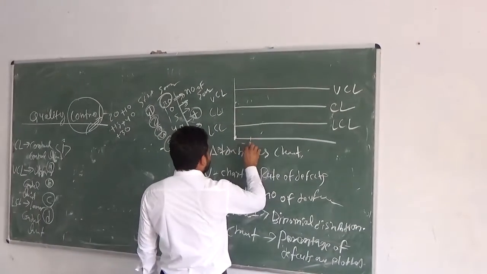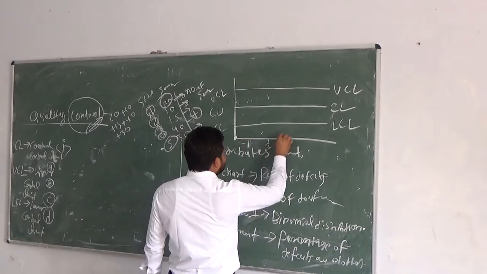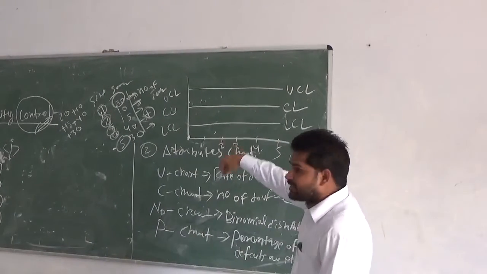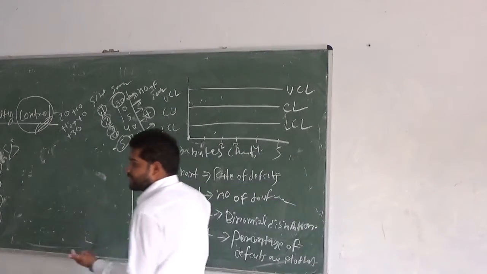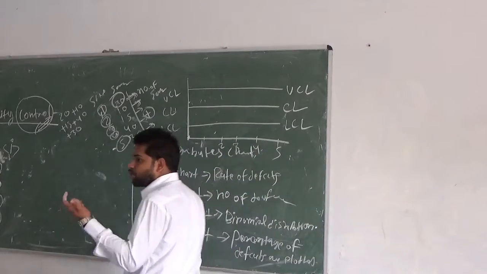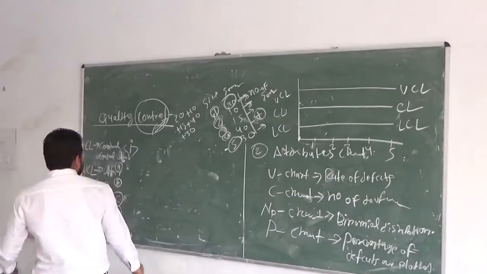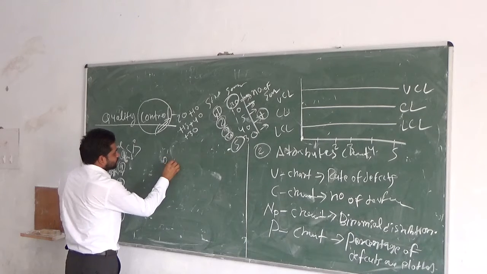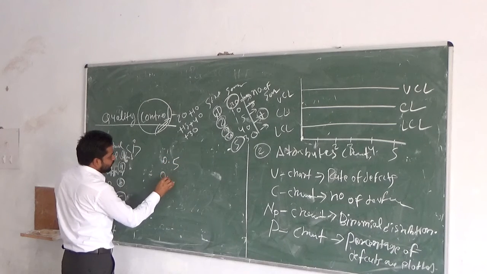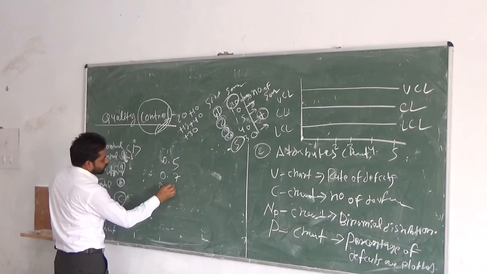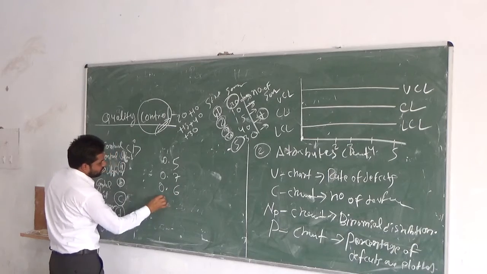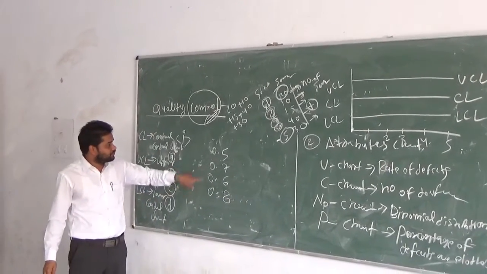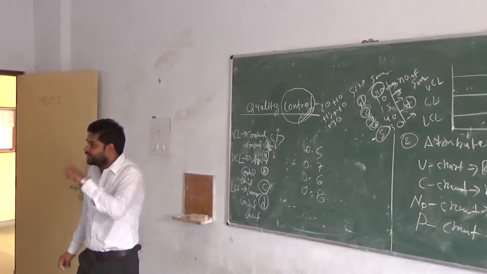This is the 1, 2, 3, 4, 5. Total number of samples are 5, 5 days. This is the serial number. And after we solve the problem, we use a formula. After that, we get the values like 0.5 and then 0.7, 0.6, 0.8. Okay.